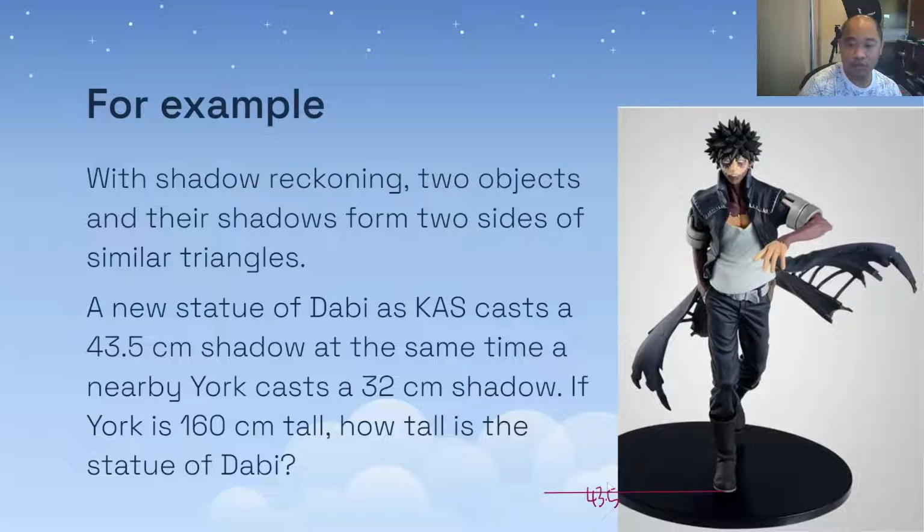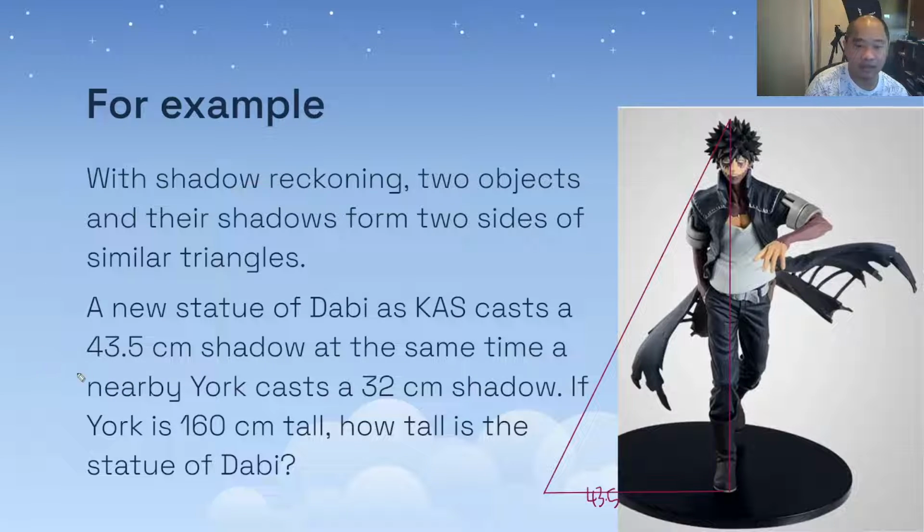It's 43.5 long, and this is the height of Dobby. So if we look at the height and the shadow that it casts, and then we connect the end of the shadow to the top of the statue, then we get a triangle, right? And